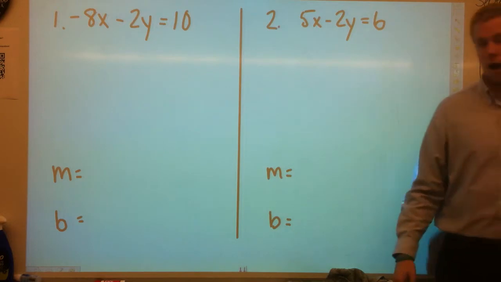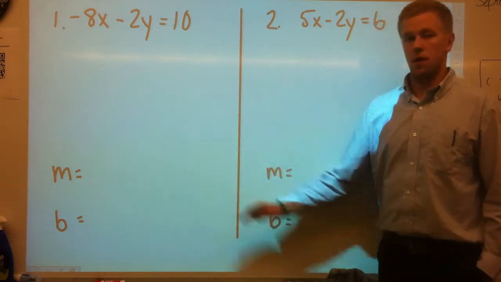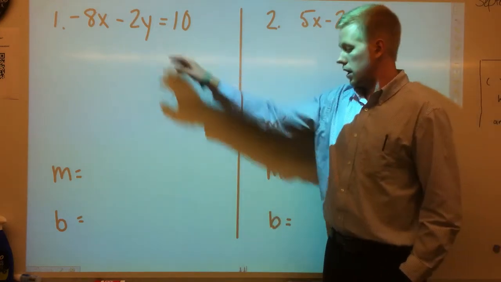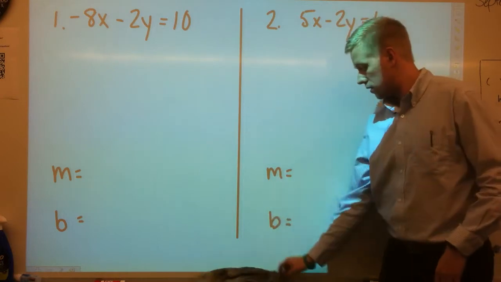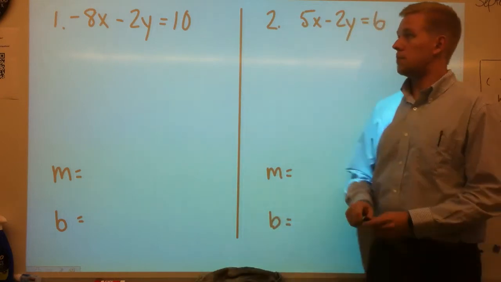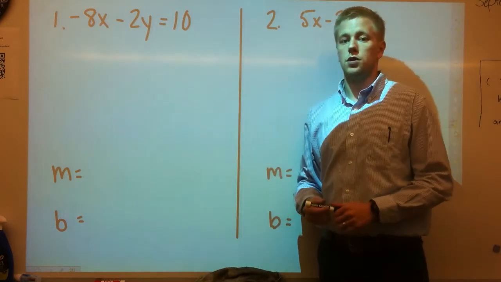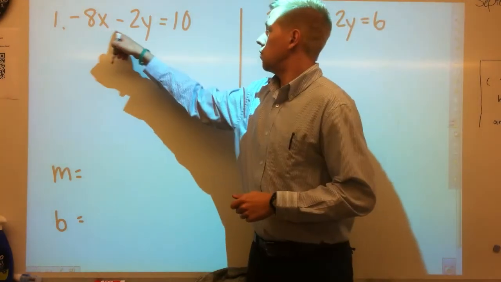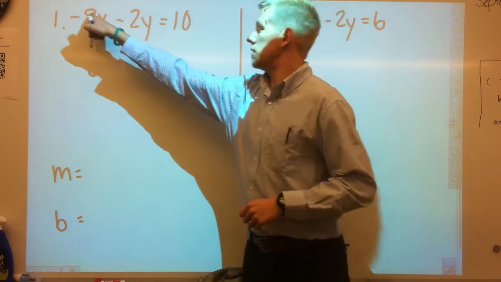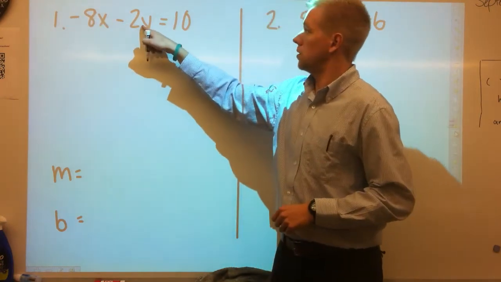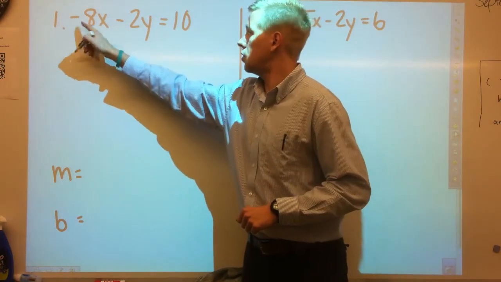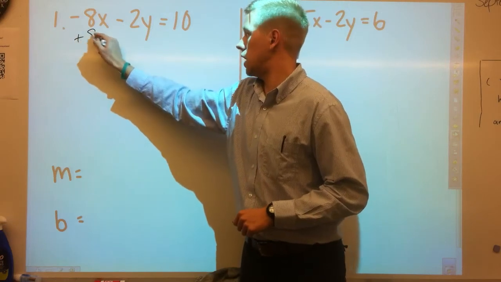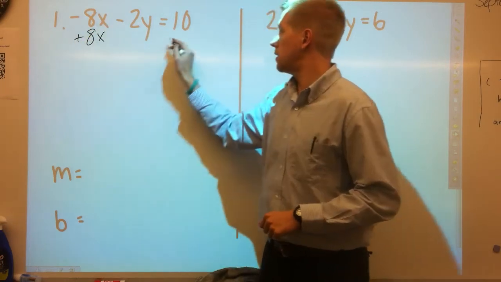When we practice graphing, we're going to get into how to find the slope and the y-intercept. So given an equation, this is in standard form, we need to put this in slope-intercept form. So we need to solve for y. It's a 2-step equation. We need to solve for y by removing this part that's being subtracted from the 2y and undo it by doing the opposite. So I do the opposite here, add 8x to both